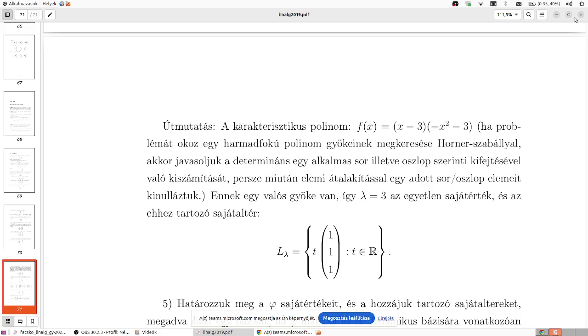That's 0, 1, minus 1, 0, minus 3, 3, 3, 0, 3. Okay. So the system of equations looks like